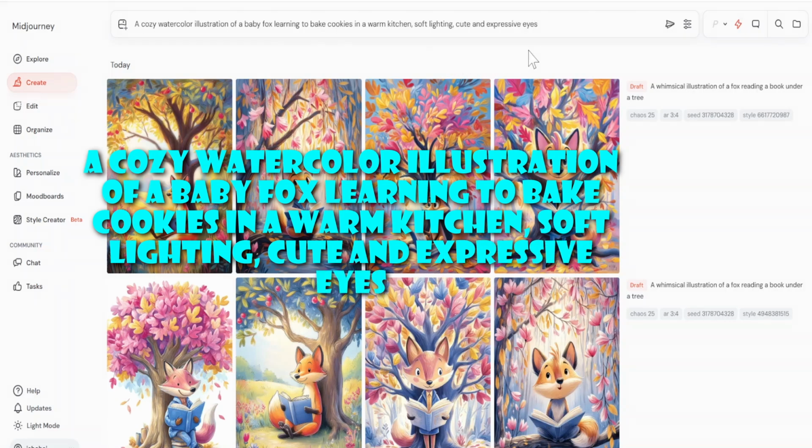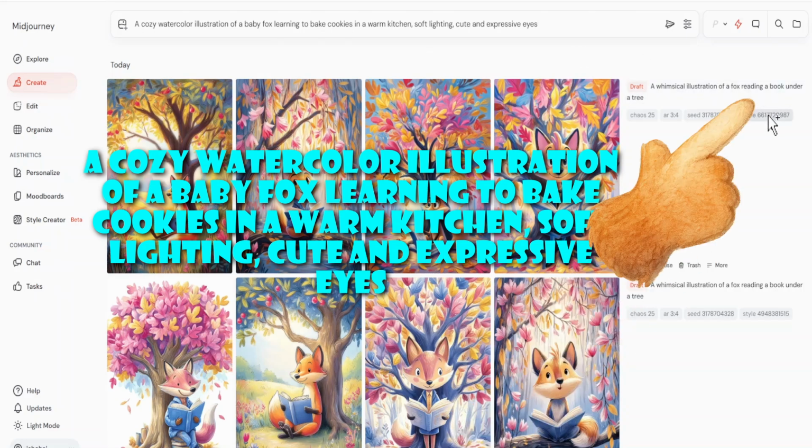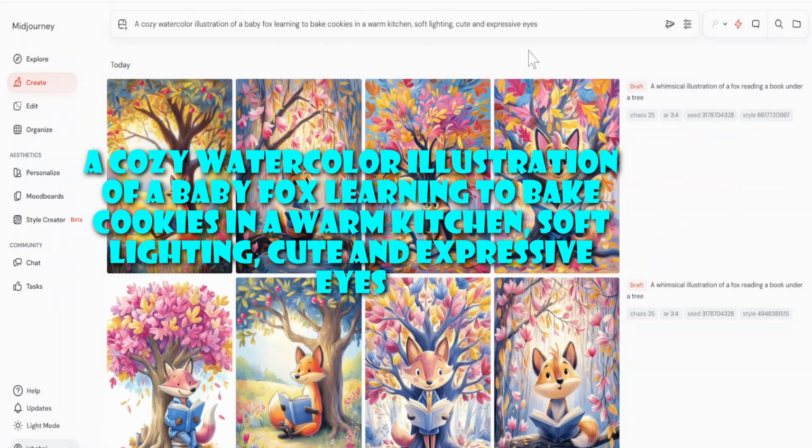Before we generate it, we add the style we created earlier. To do that, just click the style number shown in the prompt panel of one of the images we created during the refinement process. When you click it, Midjourney automatically adds the correct parameter to the end of your prompt, and it looks like this: